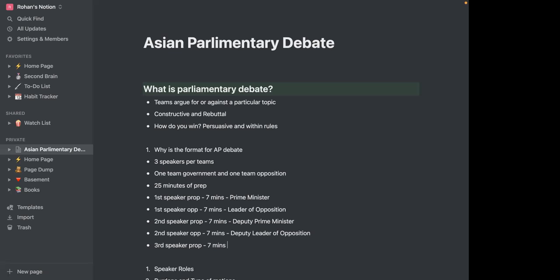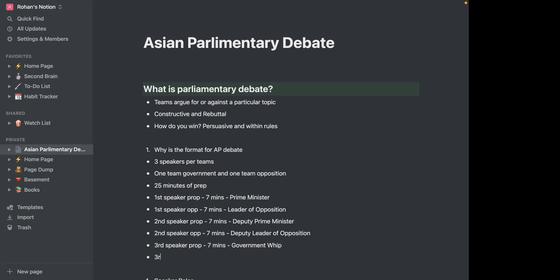That doesn't mean the first two speakers don't engage with it. First proposition can't engage because obviously they can't predict what the other team is going to say. We're going to talk about this later. This is something called preemption. This comes way later down the line. Don't worry about it right now. But to some extent, they can't rebut because the other team hasn't said anything. So the second speaker is going to do some rebuttal for you, but the third speaker's main job is to do rebuttal. So that's what a third speaker does. The third speaker for team proposition is known as the government whip.